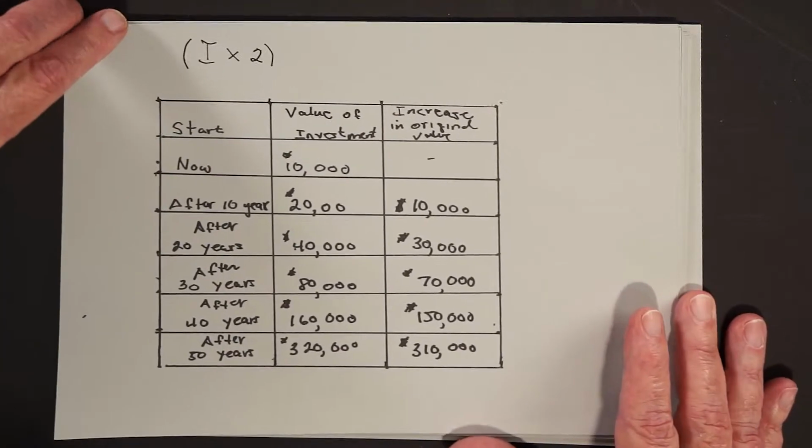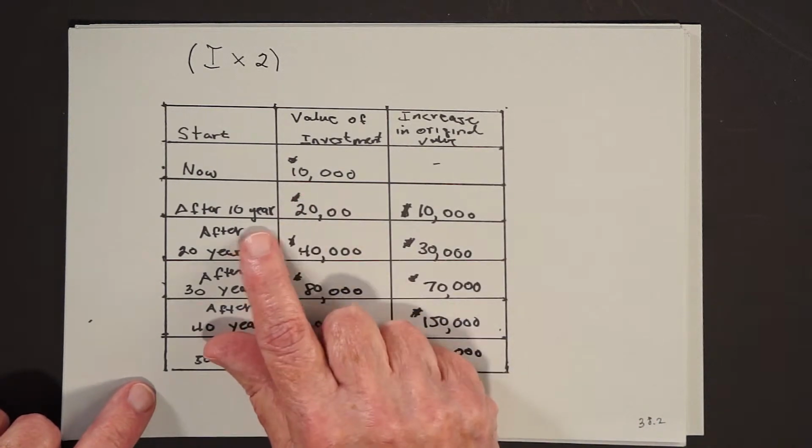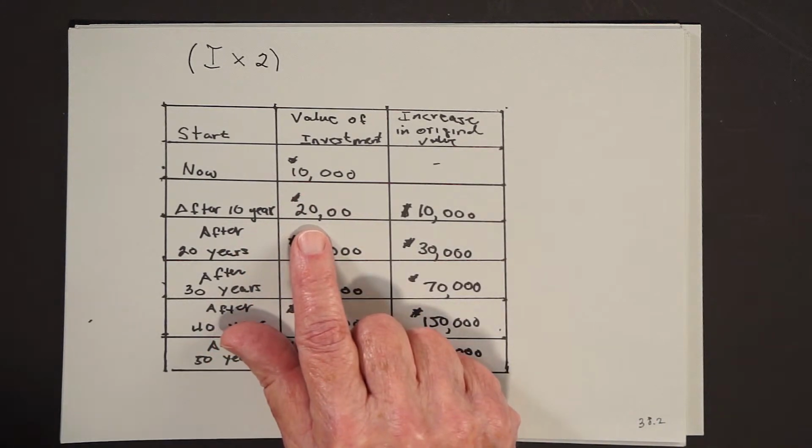So let's suppose, for the sake of argument, that your investment doubled every 10 years. In other words, if you put in $1, in 10 years it became $2, 10 years later it was $4, 10 years later it was $8. It keeps doubling every 10 years. Well, instead of $1, suppose we put in $10,000. After 10 years, the investment is worth